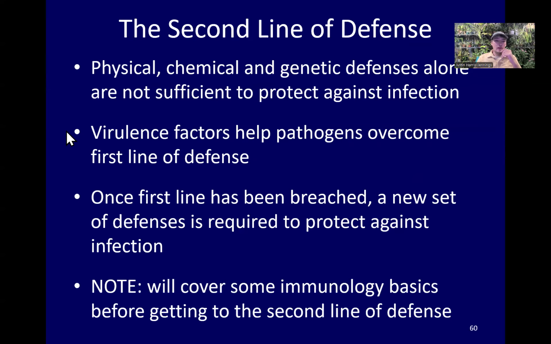Also, just so you know, the virulence factors are genes like toxins and specific proteins and genes that make it advantageous for pathogens or make it easier for pathogens to take infections. Those virulence factors are helping us to overcome these first line of defenses, second lines of defenses, and even third lines of defenses. But anyway, once these first lines of defenses fail, the second lines of defenses have to take